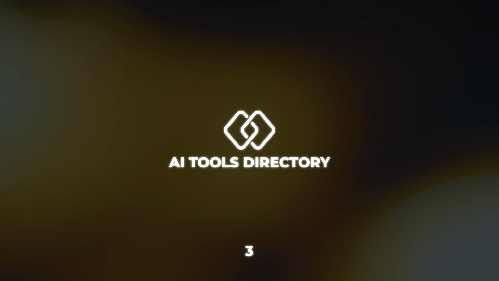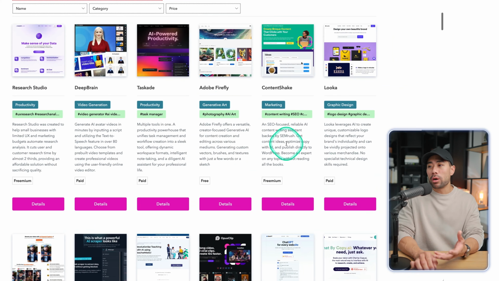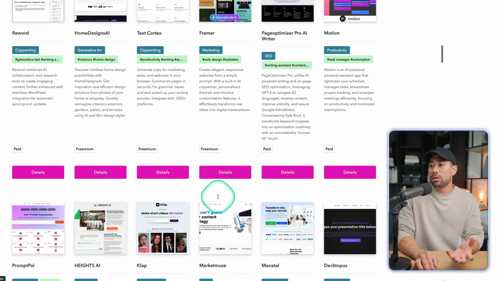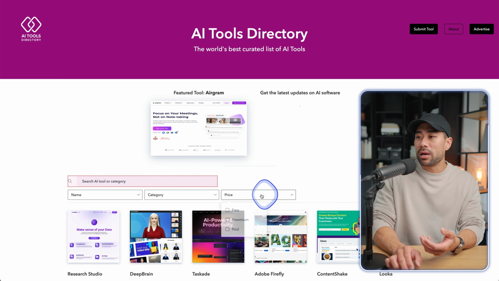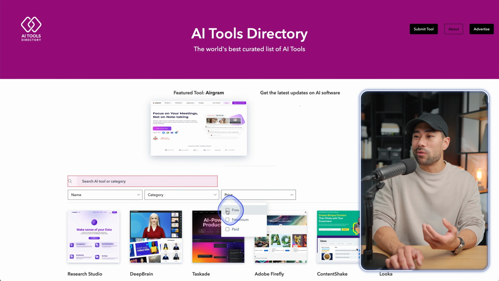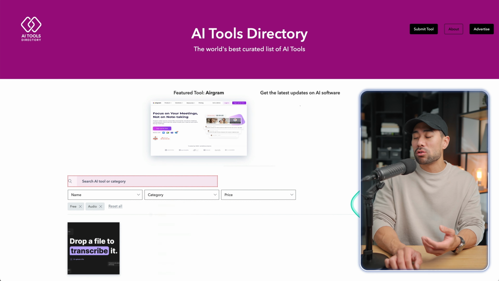Next up, we've got another directory featuring AI tools, and this one's called AI Tools Directory. And again, quite a number of tools right here as well with the thumbnail, easy to navigate. You can see the different categories, whether it's paid or a freemium tool. Filtering can be done by simply clicking on the drop down. Let's say we only want free tools, and let's choose a category like audio AI tools, and we've got one